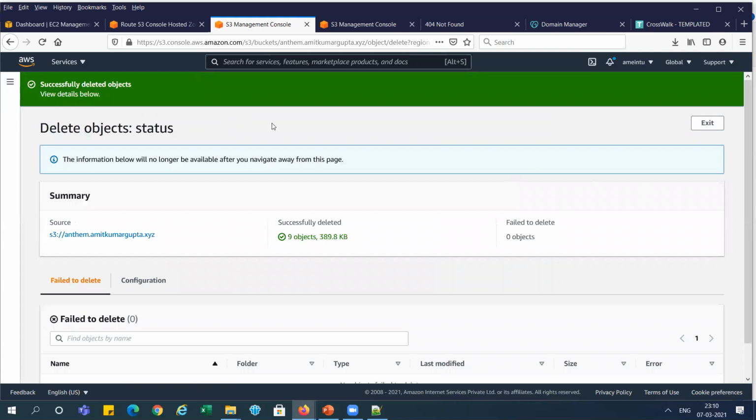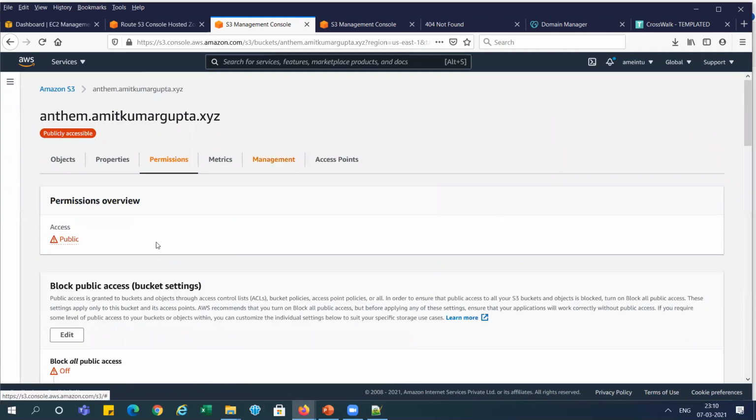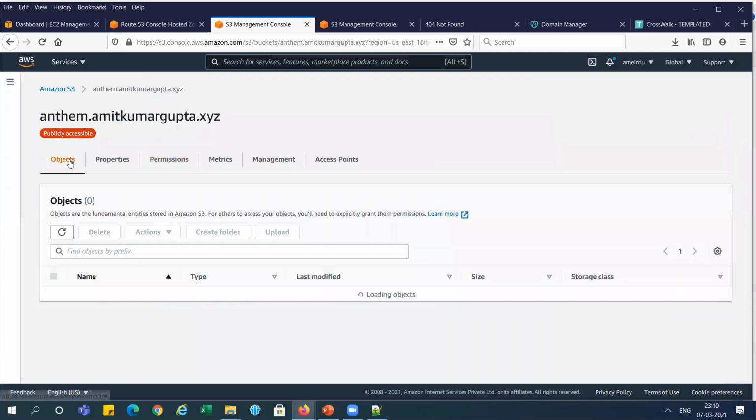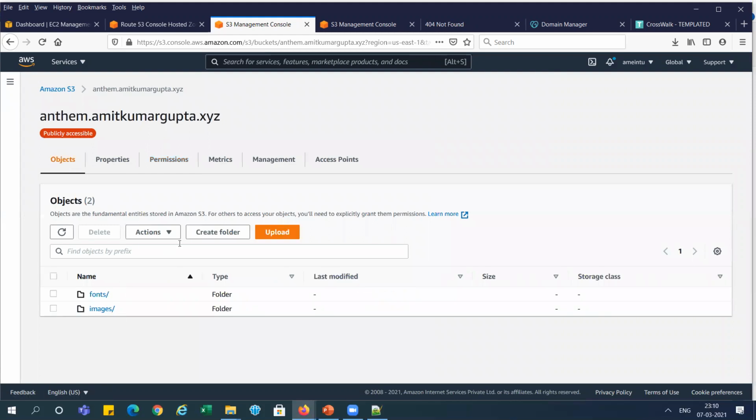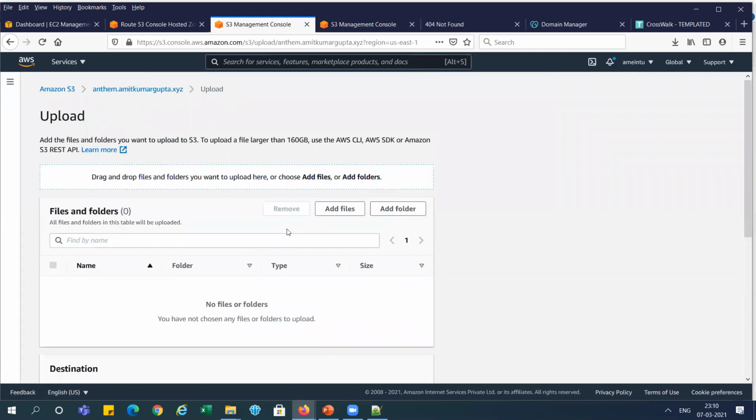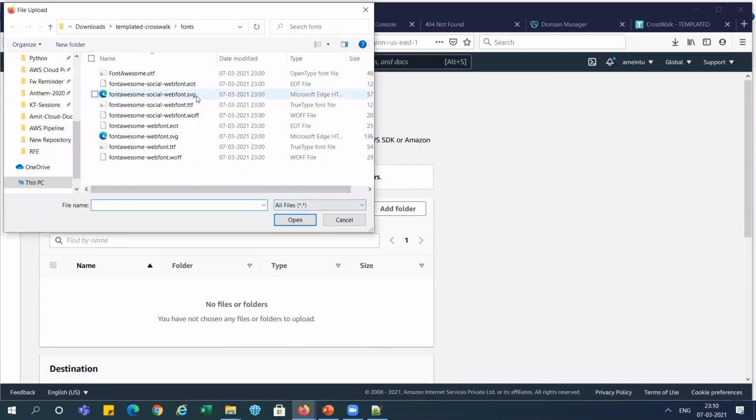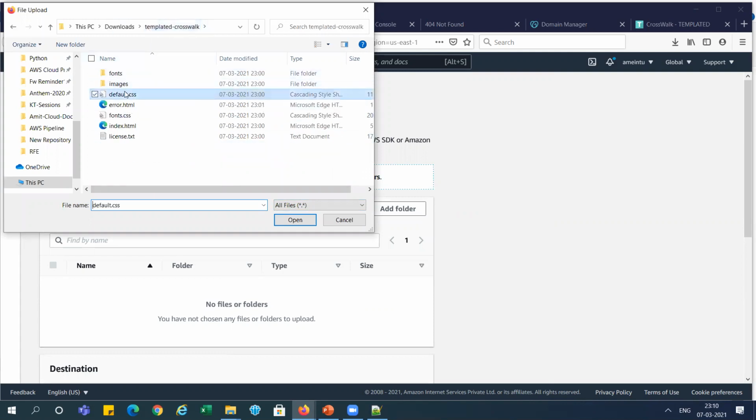Deleted, right? Now we can check how many objects we have. Only 2 folders, right? So now upload. Add files. Okay, I think I have added this front one, right? My mistake. Okay, let me do this one.